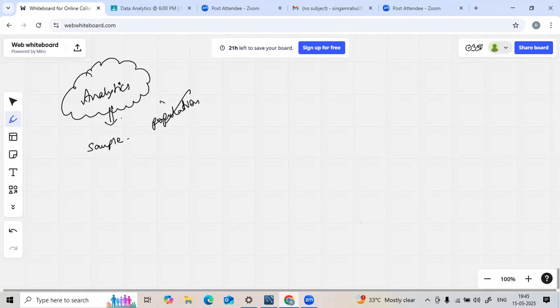You might get a doubt. Why are we not proceeding with the population? Why are we supposed to go with a sample? Simple. A sample is more cost effective, and at the same time storage complications will not be there. Once again, if you perform your analytics on your population, that is going to be a very costly process. But if you perform your analytics on a sample, it is going to be more cost effective.